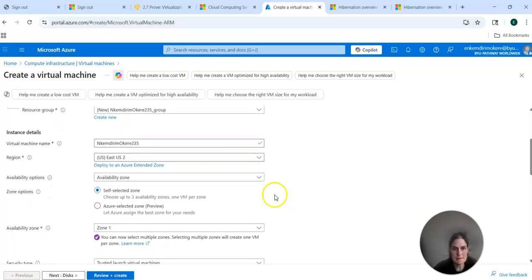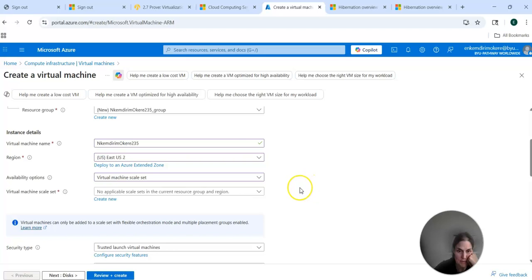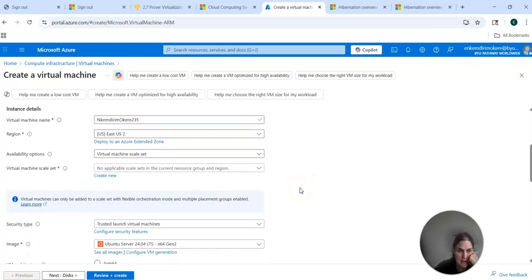Availability zones. Wow. Gives you quite a few little options. I could distribute this across a zone, fault, or domain scale. Physically separate your resources within an Azure region. I actually don't know. Let's choose something. Virtual machine scale set. You know,